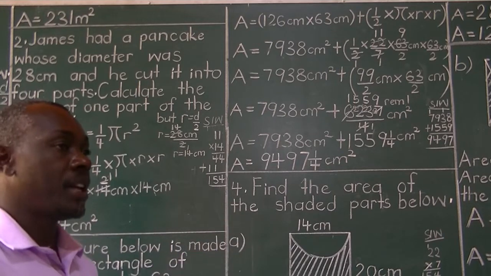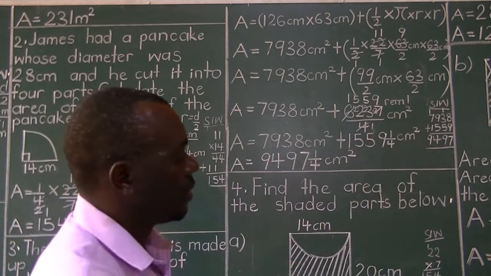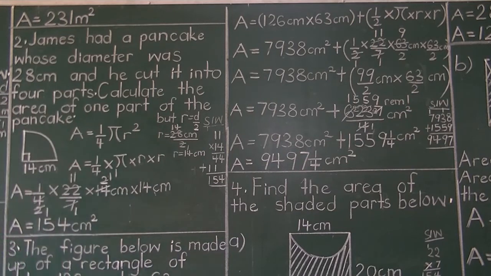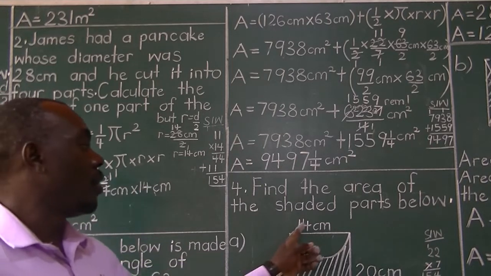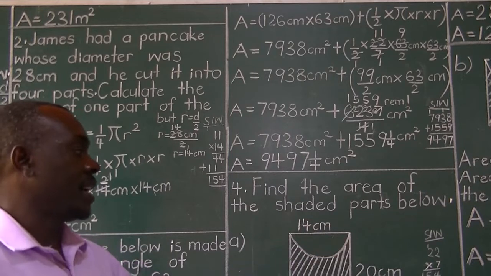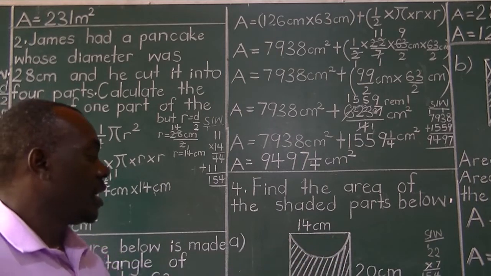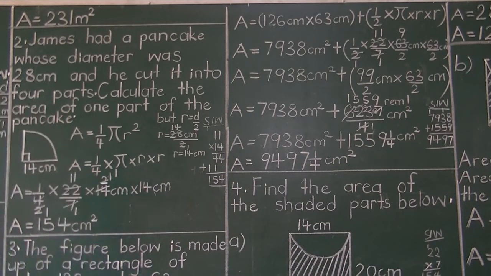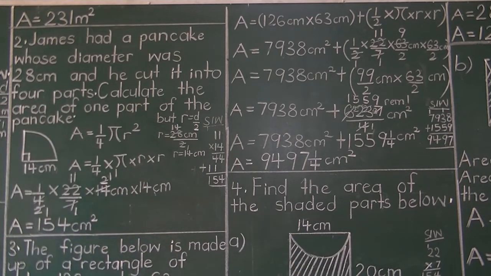As we go to example number 4, that reads, find the area of the shaded parts below. So there are two, this one and the other one. And to conclude our lesson, find the area of the shaded parts below. Find the area of the shaded part here first. So we see we have got the original, which was and is a rectangle, and now they put in two semicircles, one at one end, another one at the other end. Now they shaded this part, so they want you to find the area of that shaded part.